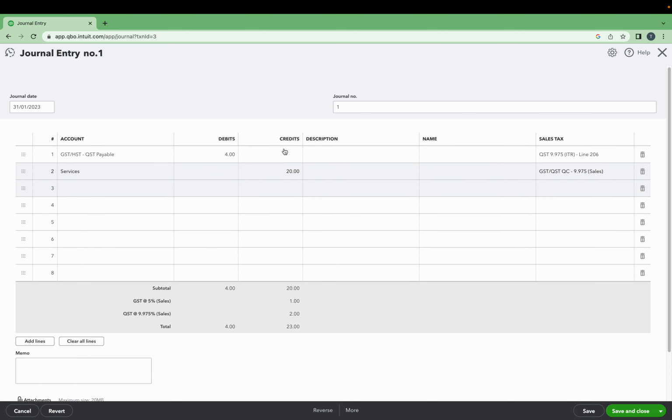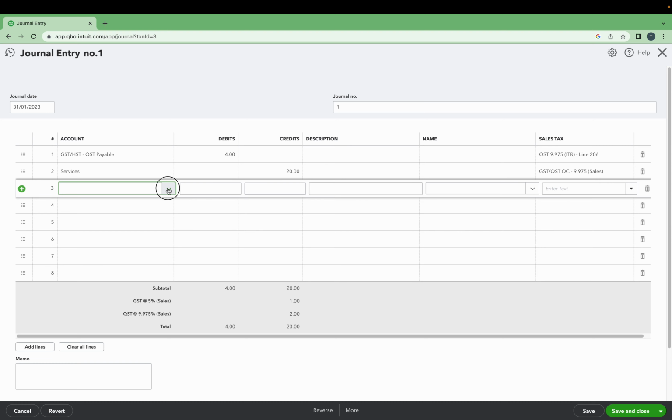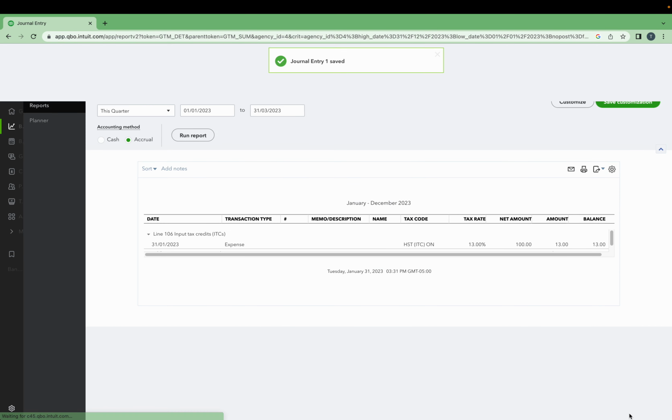Don't know if that worked. Let me just do this. I'll just put there we go. So now they're balancing. Now if we go save and close,